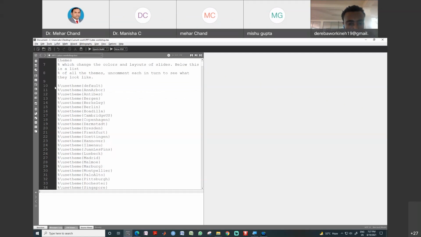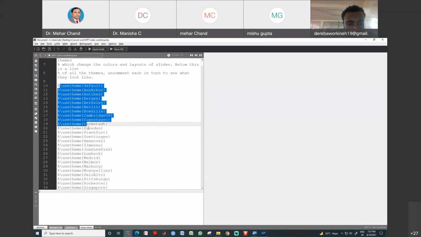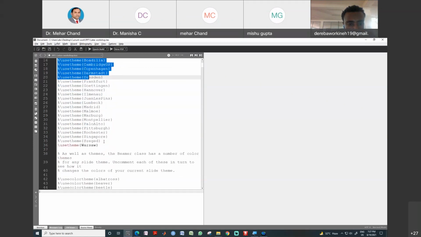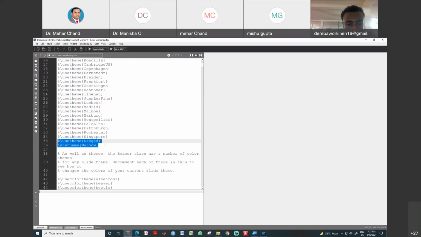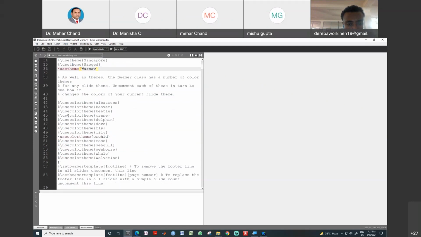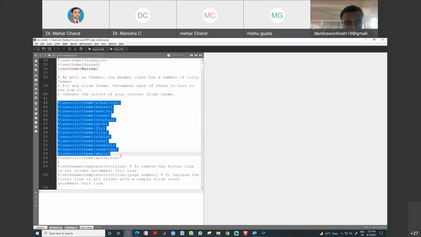And what you see here, all these are commented. These are the themes of several PPTs, and currently I am using one theme of these. Okay, and after that, these are some color themes. These are the colors, and one of the colors you can use for your PPT.